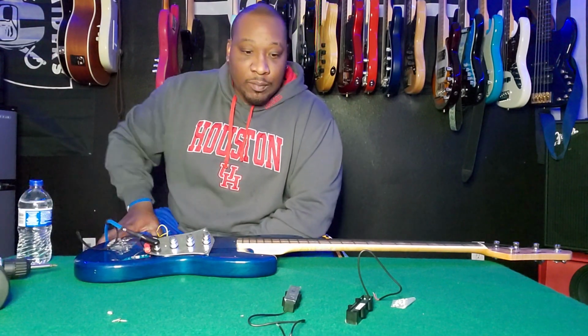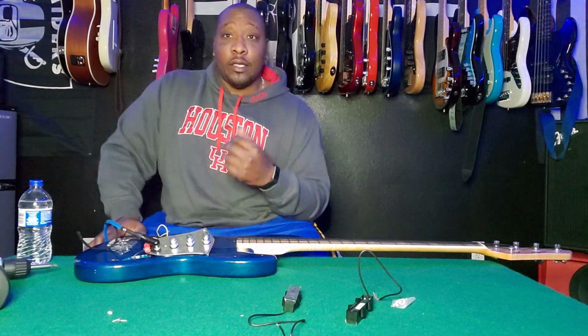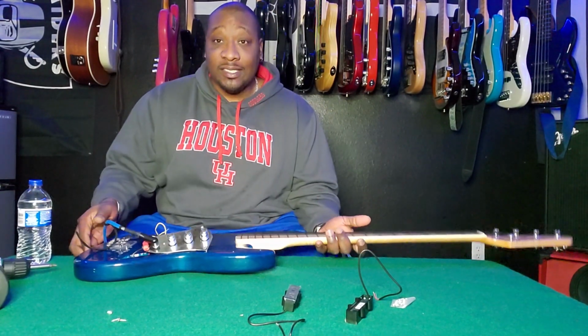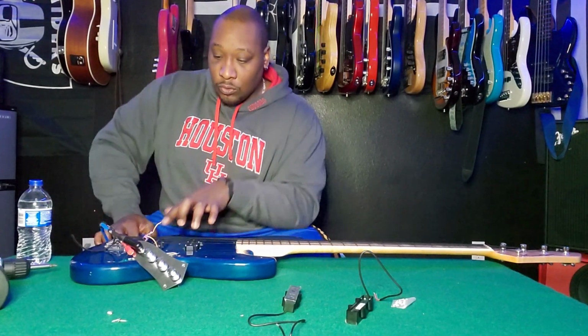What's going on? It's Alan Brown, aka Bully the Kid, and today we're doing a little bit of surgery on a bass that I haven't really messed with in about a year. So, we have an SX bass here that I swapped in noiseless pickups,